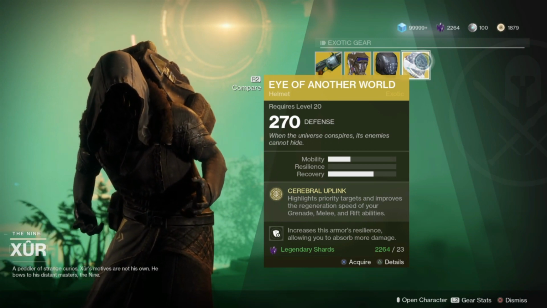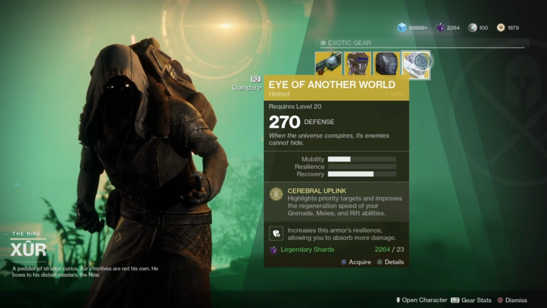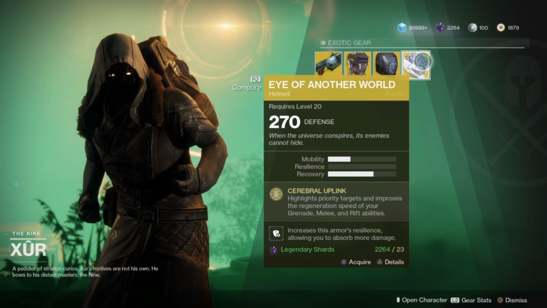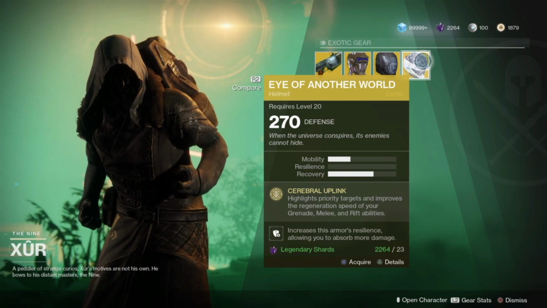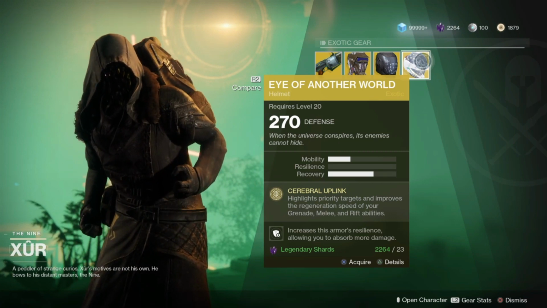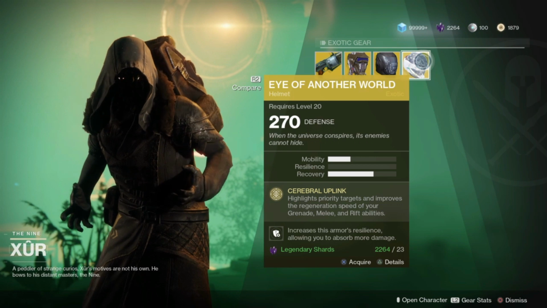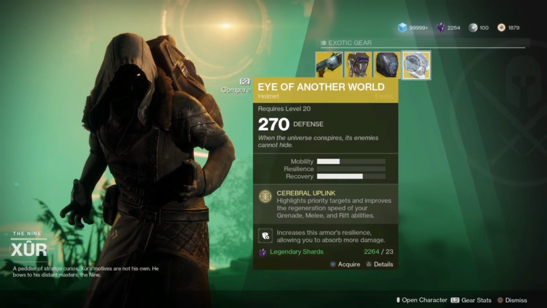The increase of the speed regeneration isn't actually enough to waste your exotic slot. I've found playing in the raid, playing in Nightfalls, I get my abilities back roughly the exact same time if I'm wearing this helmet or if I'm not wearing this helmet. Yes, there may be a couple seconds where I get my ability faster using Eye of Another World, but does it really make a difference? No. About 99% of the time it doesn't make a difference,